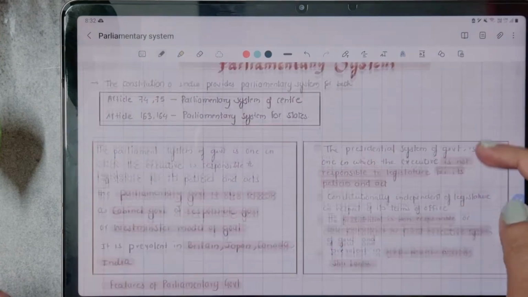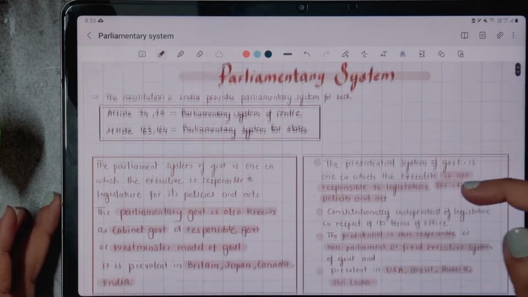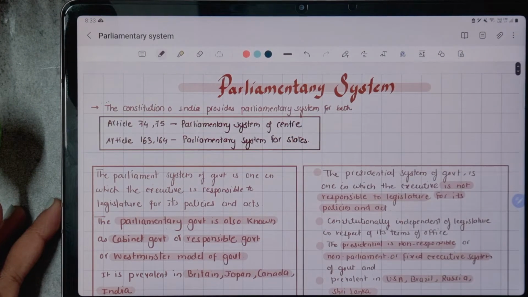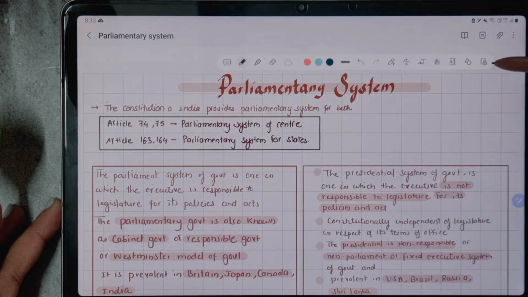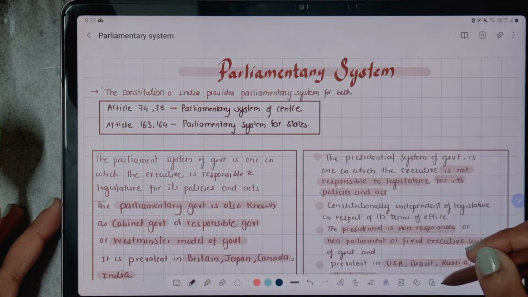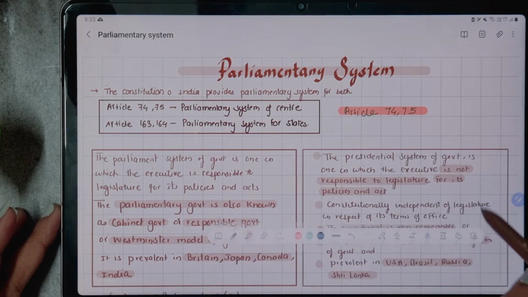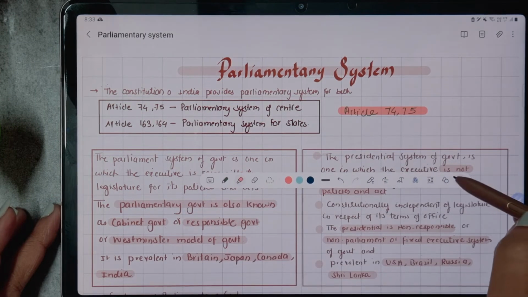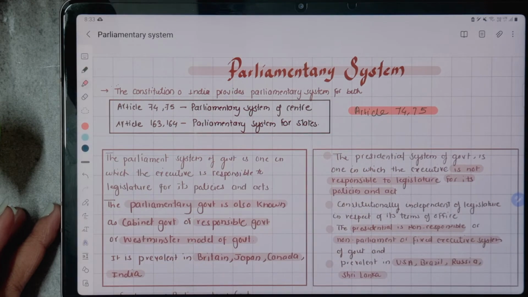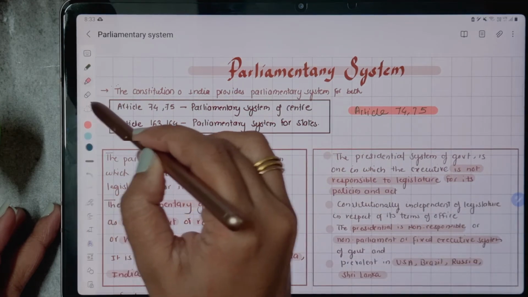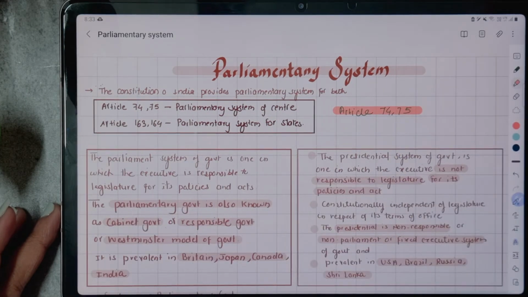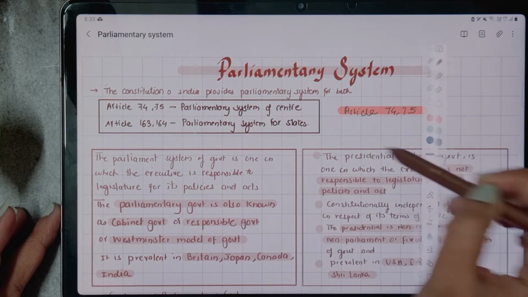Number 6. Toolbar. When you open the latest updated version of the Samsung Note app, the toolbar you can see is very different from the last version of the app. You can customize the toolbar by simply rearranging the options. You can move it anywhere. You can also move it to both sides of the pages and also arrange it at the downside of the pages.